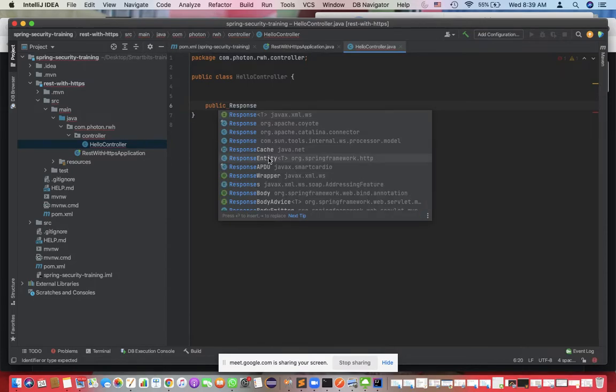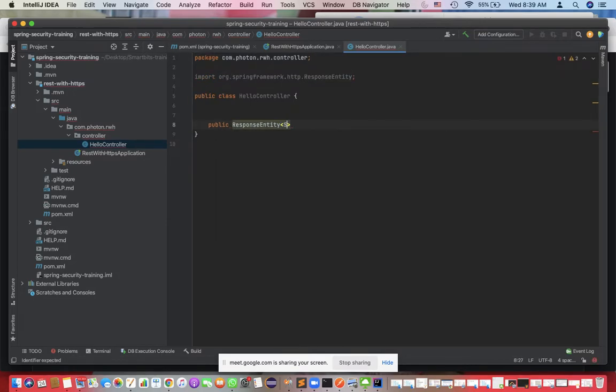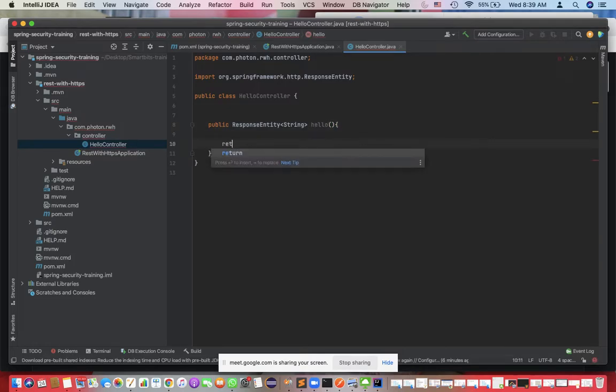So I'll type ResponseEntity<String>, and I will give an implementation of the hello method. Here I'll just return new ResponseEntity, and my string will be hello